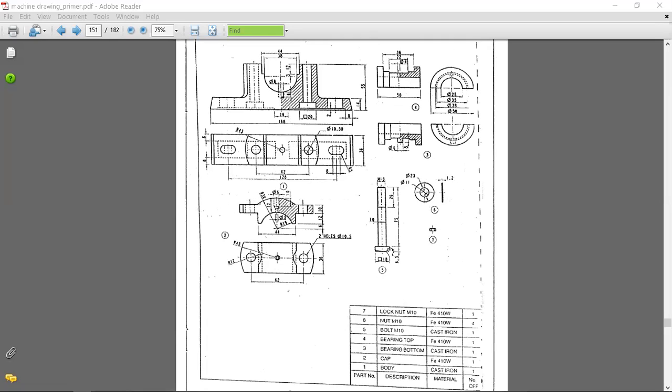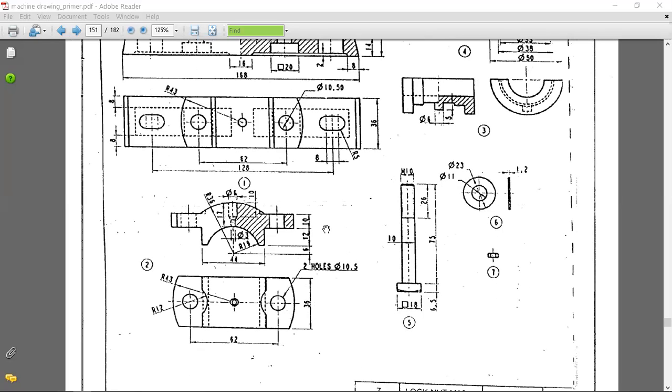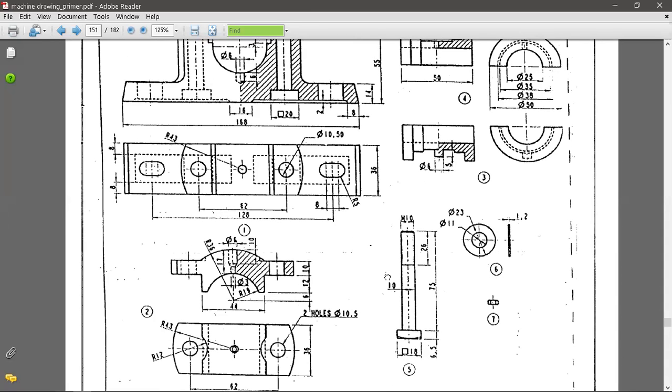Then a square headed bolt and one standard nut and lock nut. So the washer they have given here, it is not there. So we have to consider nut and lock nut here. No washer is given. So now start the reading of the drawing. So how to draw the assembled view on paper? That is most important. So let us start with the front view of the body.